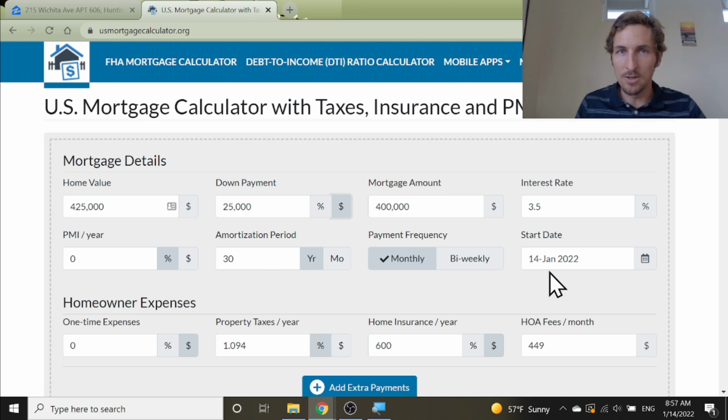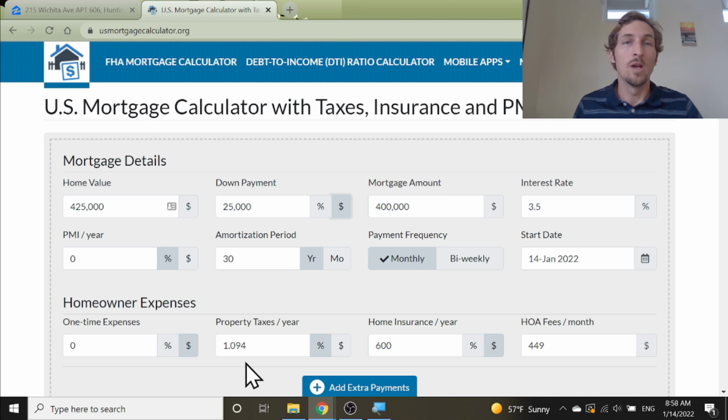Start date, don't really need to worry about that, but if you happen to know it, you can plug that in here. One-time expenses. Now this is if you know that the property has some, let's say, required maintenance before you move in, or you got to pay off money because it has back taxes or something like that. If you know you got to pay money to start, you can put that in here either as a dollar amount or a percentage. And here are the property taxes,